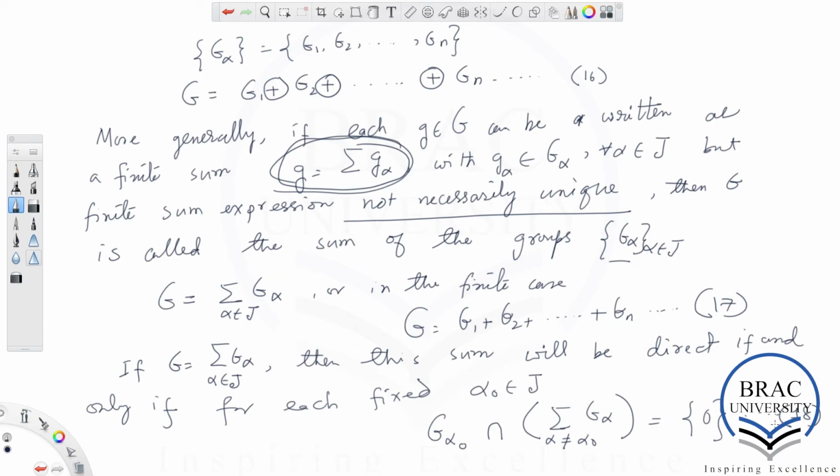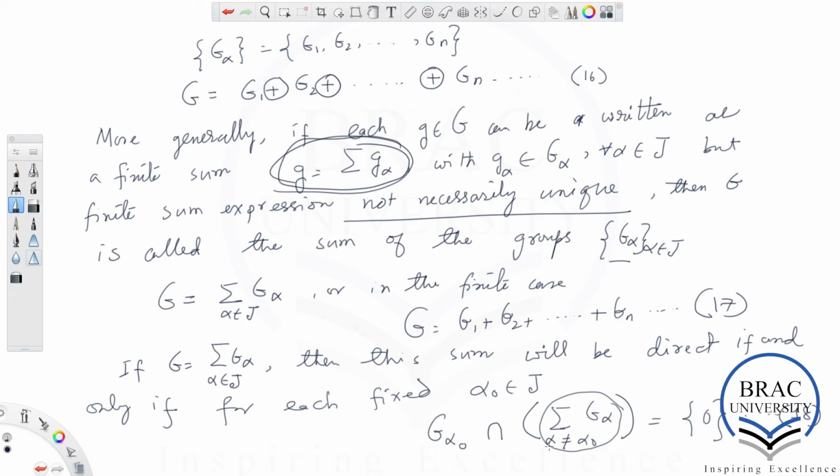This is the sum over all G alphas where alpha is not equal to alpha 0. So we take a mutually non-trivially disjoint collection. Disjoint does not mean that they will always have the identity element in common, because they are subgroups, right? But there will be no non-trivial element in the intersection.